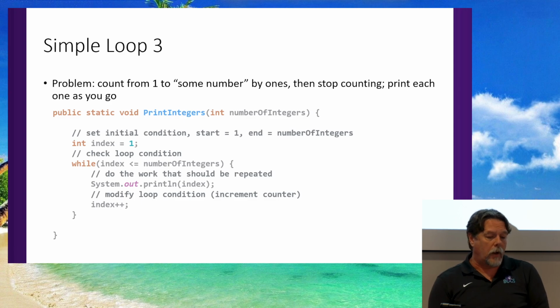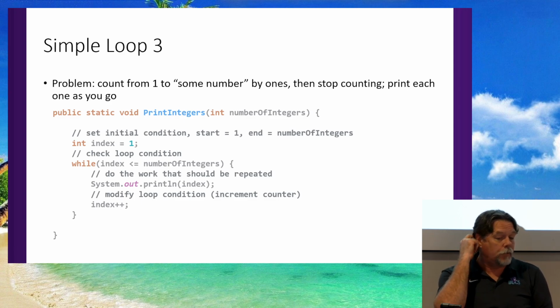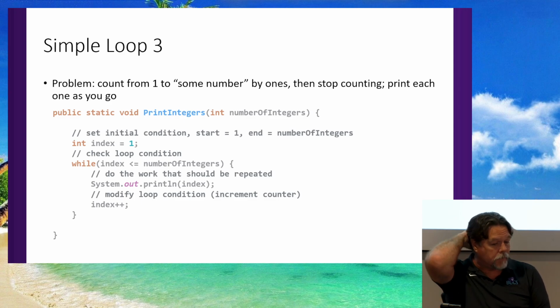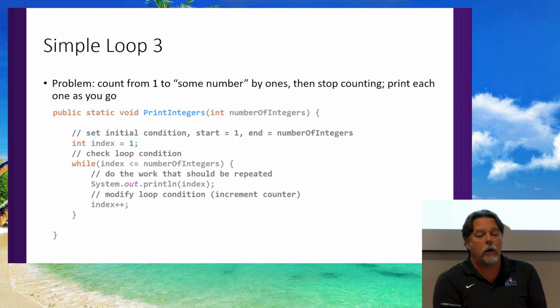Back to, I don't know how I got off on that, but back to counting. Okay, so this is a simple while loop that counts from 1 to some number. And I could have just put end equals 5 and made it a little bit simpler. But one of the difficult hurdles that people in programming